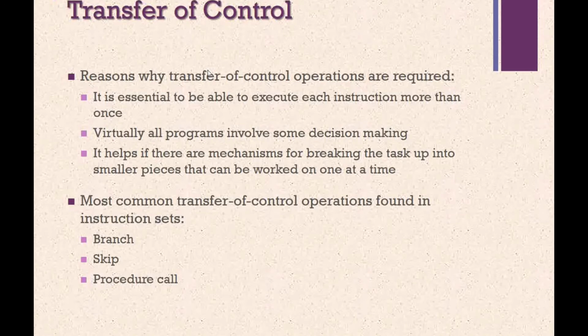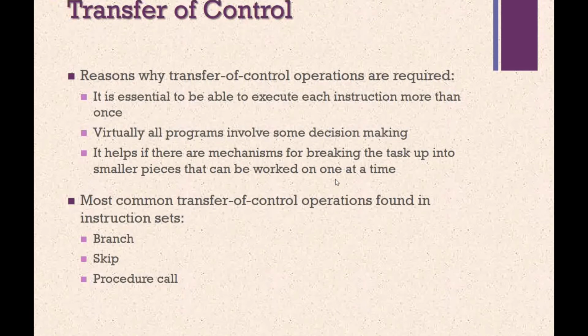For this purpose we use control transfer, since virtually all programs involve some decision making. It helps if there is a mechanism for breaking the task up into smaller pieces that can be worked on one at a time. The most common transfer of control operations found in instruction sets are the branch instruction, the skip instruction, or the